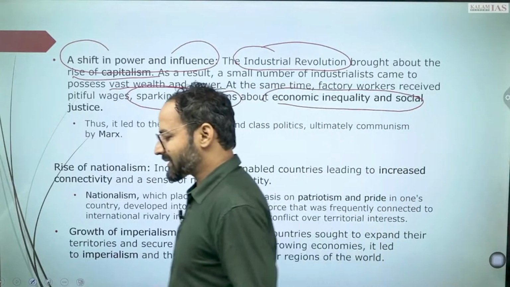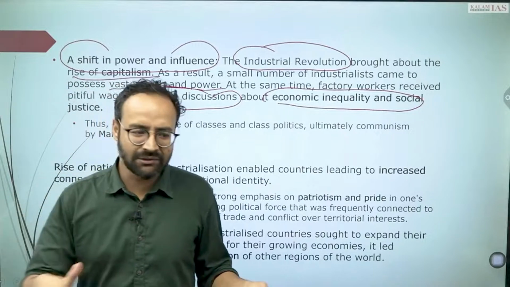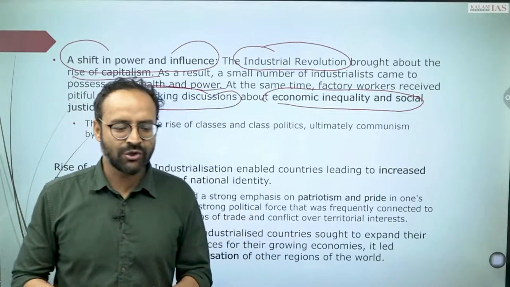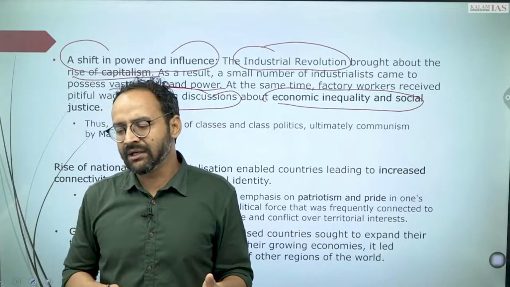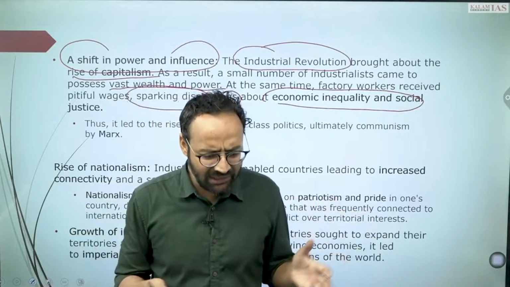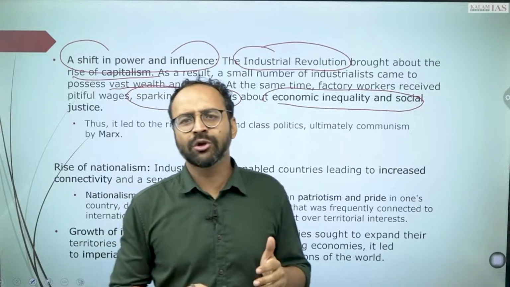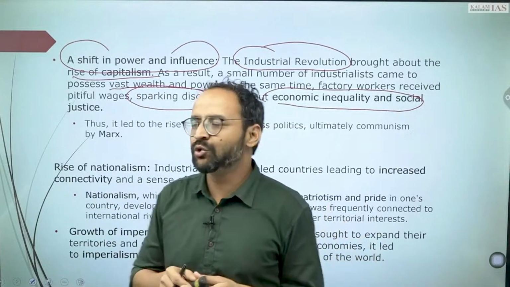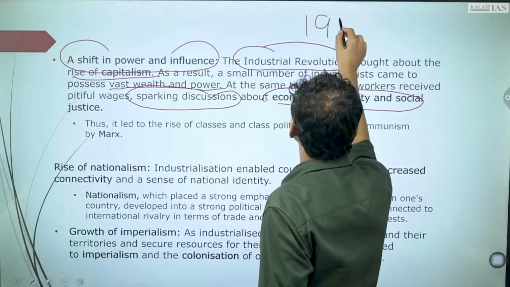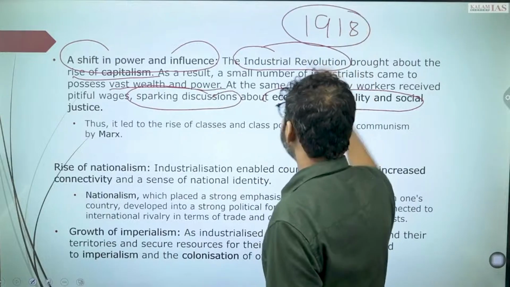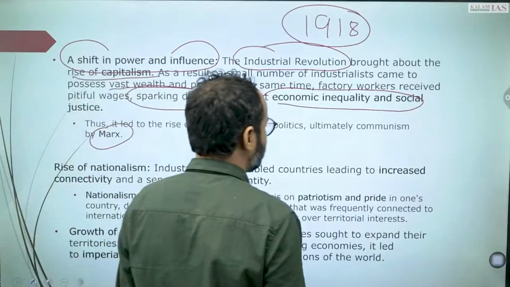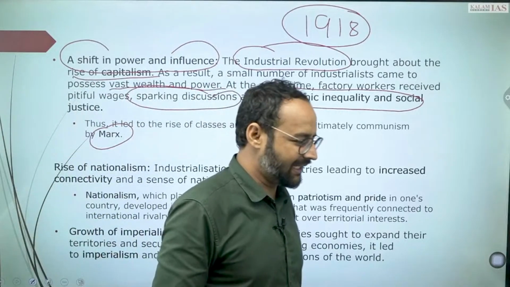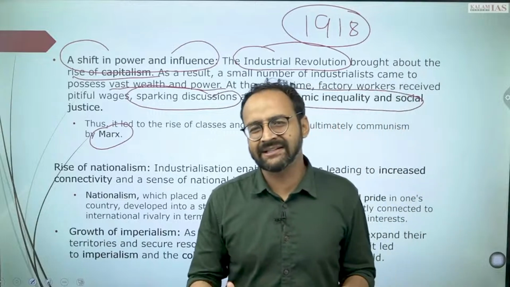Well, in Das Kapital by Karl Marx, or in other texts which specifically talk about socialism, which was very much prevalent in Russia and in other circles of Eastern Europe, which ultimately led to the Russian Revolution in 1918. We'll get to that also. There was a kind of inequality in the society. So this was something which was a negative impact of